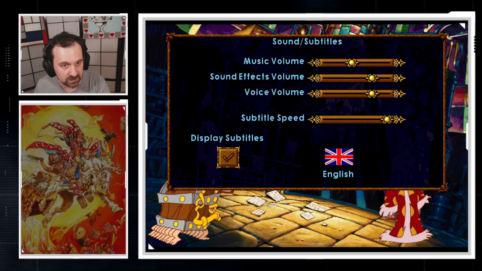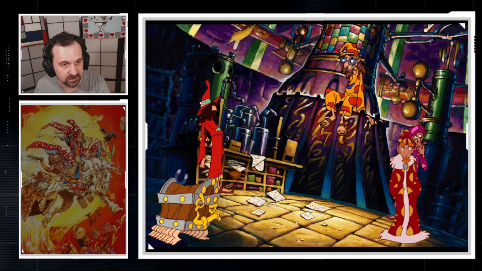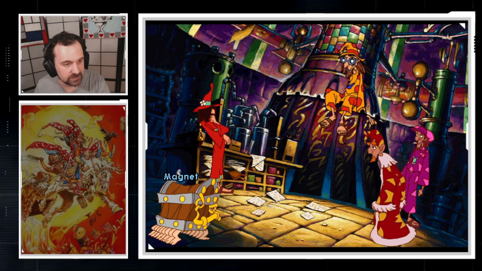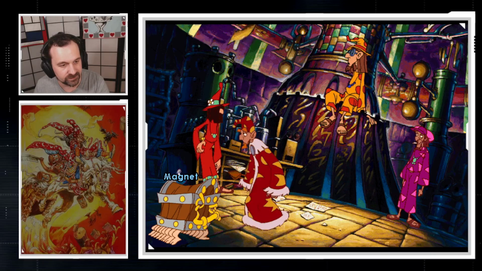I'm gonna make a sound effect. Not let it out. Voice louder. Yeah, something like that. I like a nice magnet, don't you? Better. It's very noisy in here anyway, but...